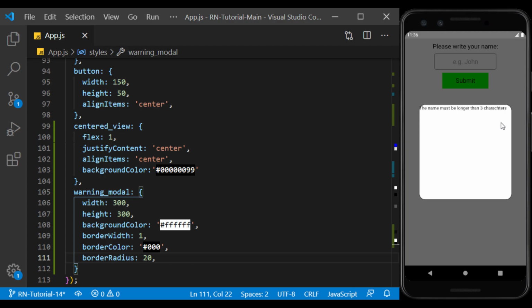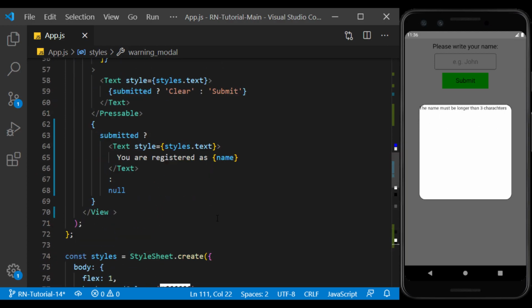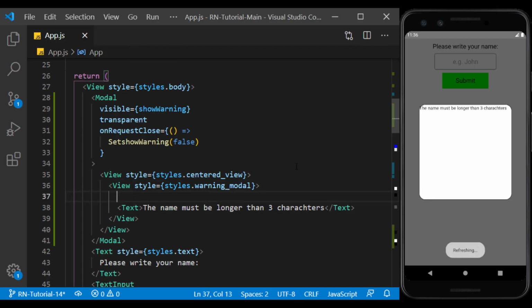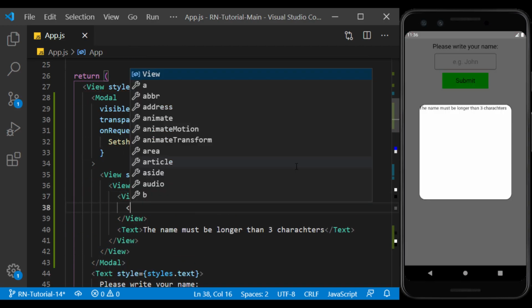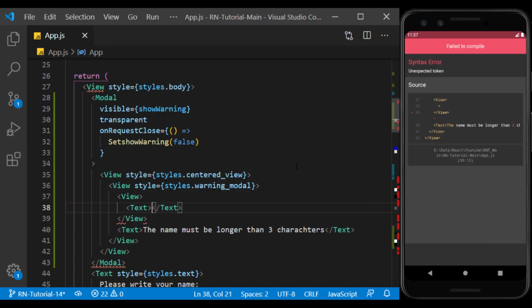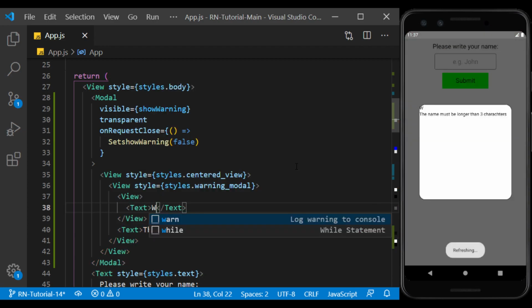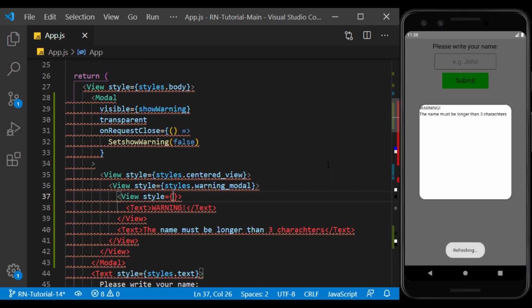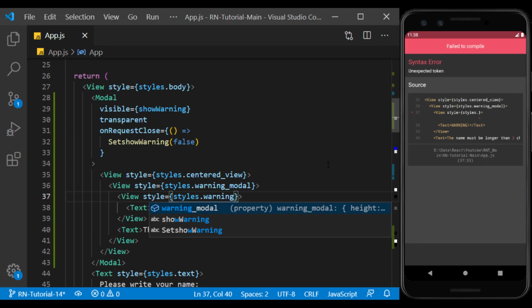Now I will create another view at the top to use as a title. Inside it, I create a text called warning. I give this view a style to separate it from the rest of the components.